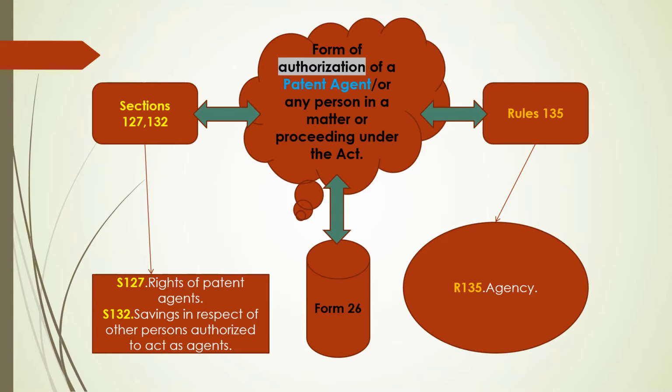The title for Section 127 is Rights of Patent Agents, and the title for Section 132 is Savings in respect of other persons authorized to act as agents. Rule number 135 has the title Agency. So we can say here